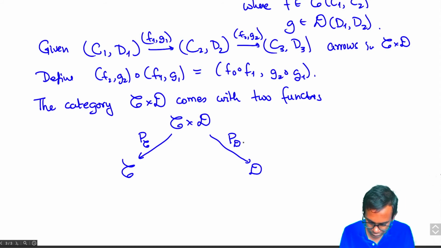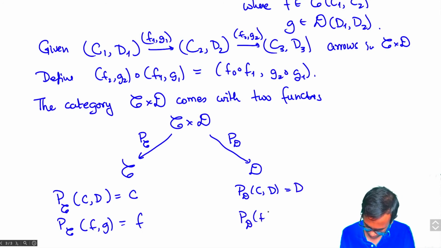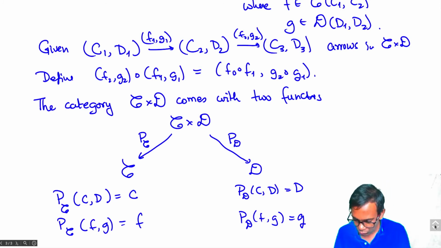And these are the projection functors. P_C of (c, d) is going to be c. P_C of (f, g) is going to be f. P_D of (c, d) is going to be d. P_D of (f, g) is going to be g. So you should check that this defines functors from C cross D to C and D. And moreover, this